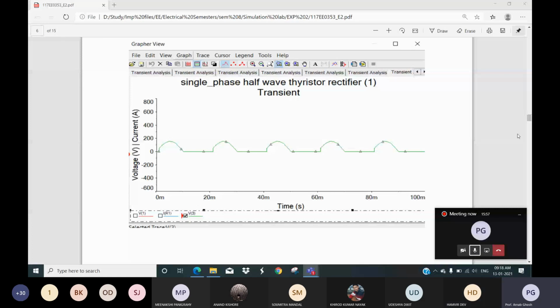When you are taking the result, make it from minus 50 to maybe 250 volt, like that. Then it is properly visible, no? So we can understand properly how your waveform is different. In the same waveform you can also plot the different firing angles. So with the changing of the firing angle, what will be the necessary waveform?